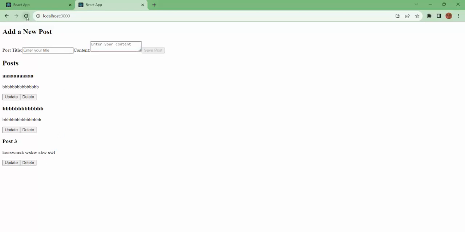And when I refresh, I have post 3 here again, because when I add post 3, that post 3 goes to the mock server, hard remembering, and comes back to the browser, to the client, where we code